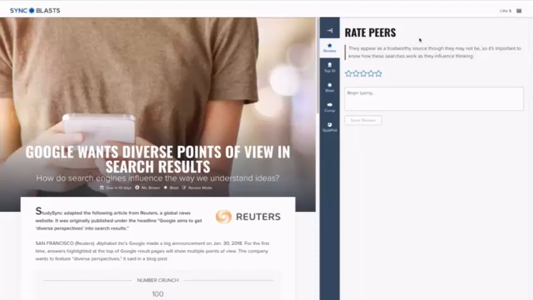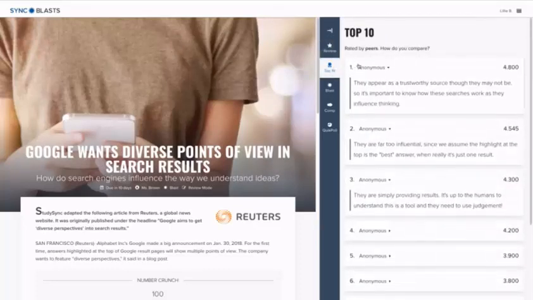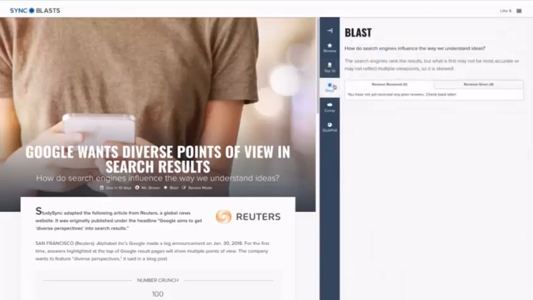As these peer reviews come in, it will also begin to generate a top 10 list of the top peer-reviewed blasts, where you can see here that they are anonymous, and these numbers will continue updating as more student responses come in. The student can also go back and look at their own response